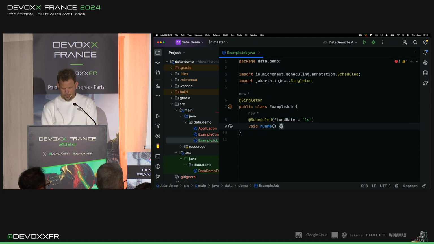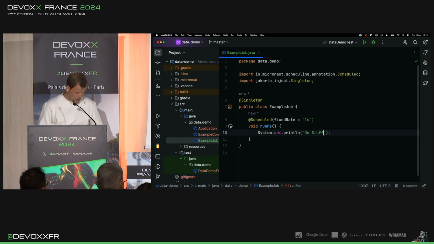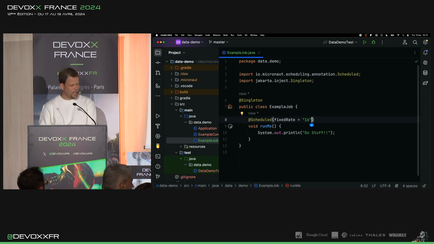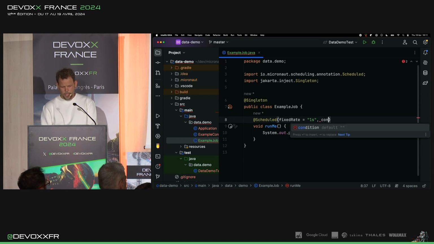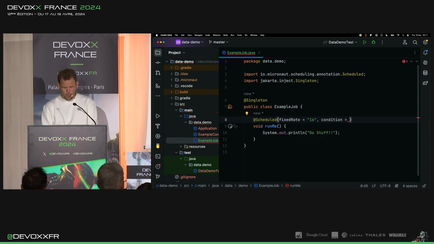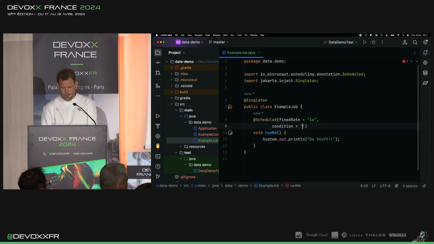Run me, and just do, hello. Oh, my mic went for a second. Okay, so that's how you define a scheduled job. And in the latest version of Micronaut that we just released, Micronaut 4, we added support for custom expressions. So a bit similar to Spring expressions or SpEL,